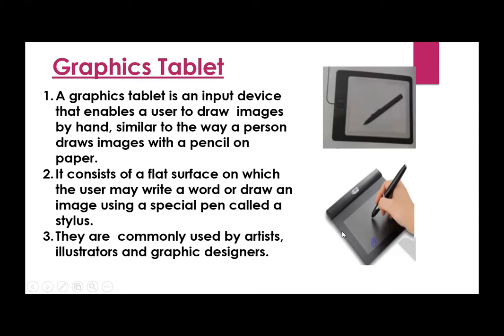Those are the people who use this device. And illustrators: who is an illustrator? A person who draws or creates pictures for magazines, books, or advertisements. Those are the people who use this input device. Okay, graphic designer. Who is a designer? A person who combines text and graphics. Meaning you are typing or writing text, or drawing pictures. So the graphic designer combines text and pictures in an advertisement, magazine, or book. So this is the information regarding the graphic tablet.